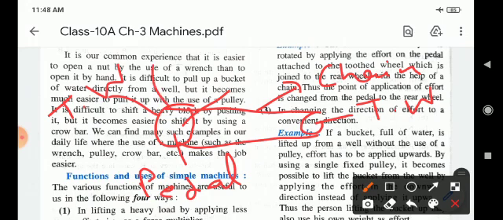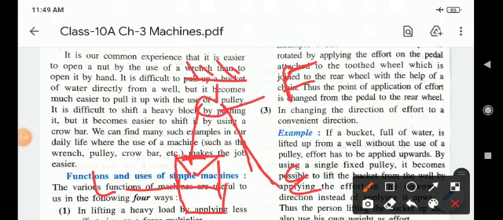Children, it is the toothed wheel and it is the toothed wheel. It is the bigger part, it is the smaller part. A person will press the pedal, then the cycle will move forward. Children, this is the machine changing the point of application of effort to a convenient point.